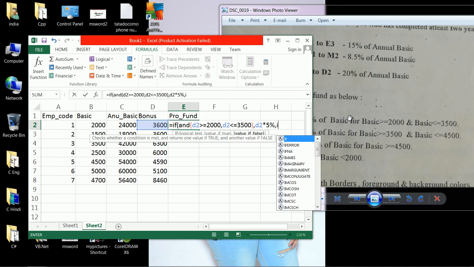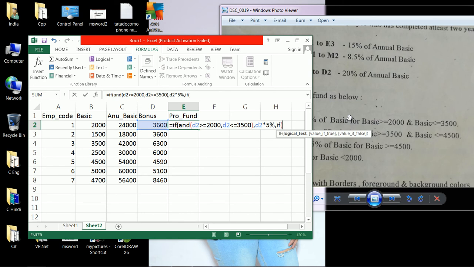Now the next condition is IF, again give the AND. If the basic is more than, here is wrong, either use equal to here or here. Let us remove equal to from here and use it here.